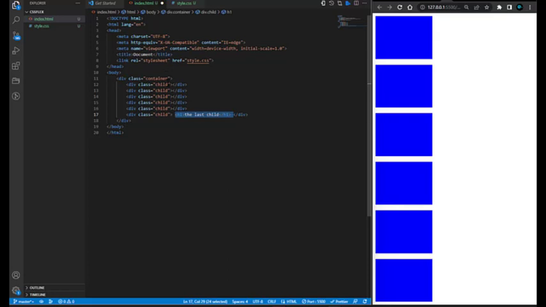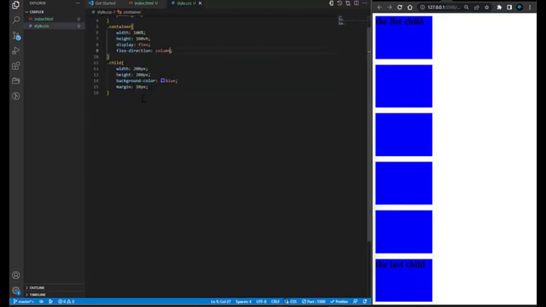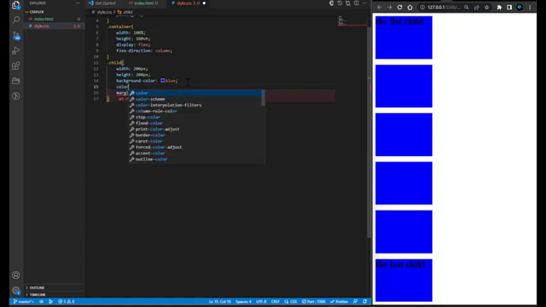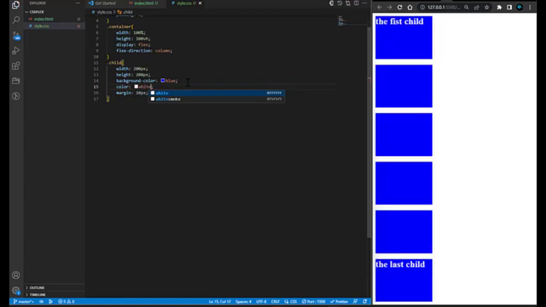Control C, you copy, and then if we come over here and paste it, we say the first child. Then we have this here. Let's just give color white so that you can see the color really well. So if we say color should be white, for instance, and we save,